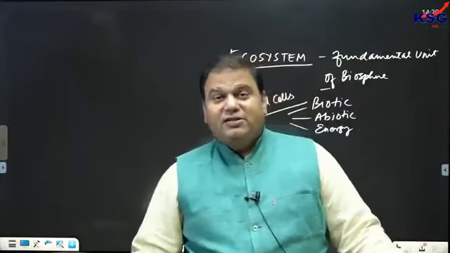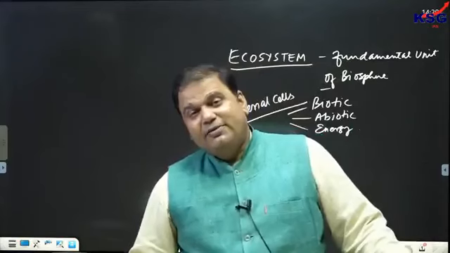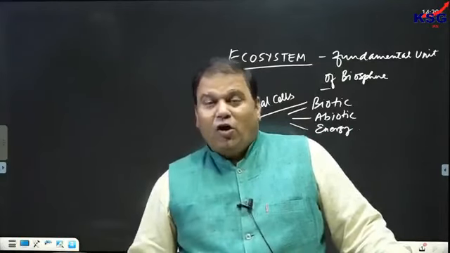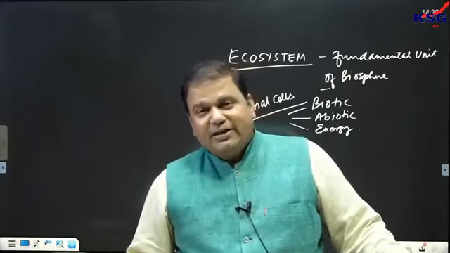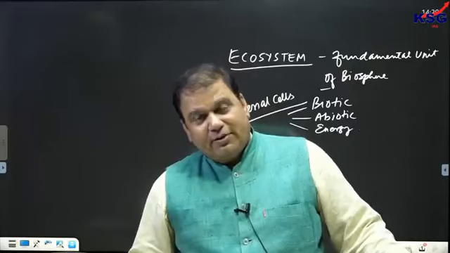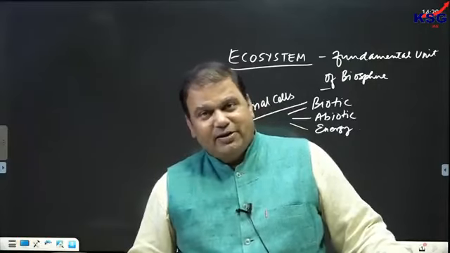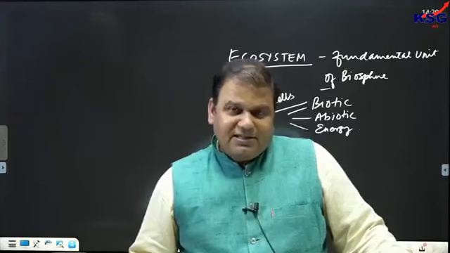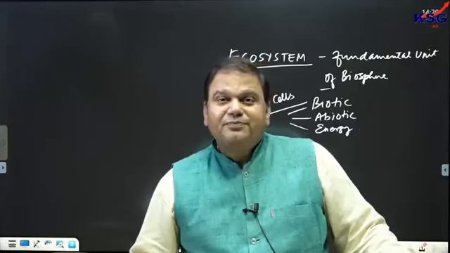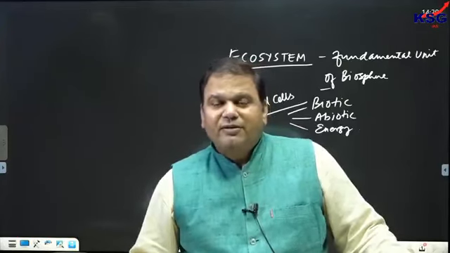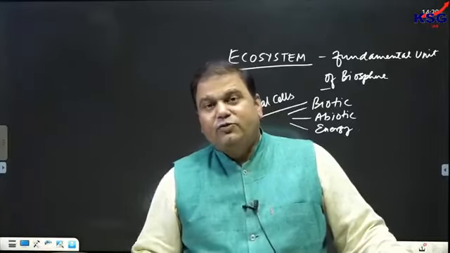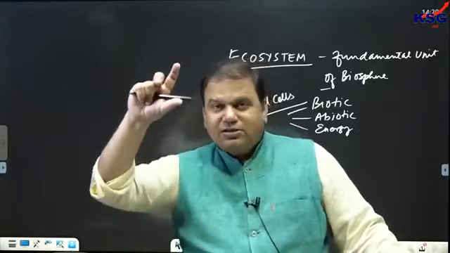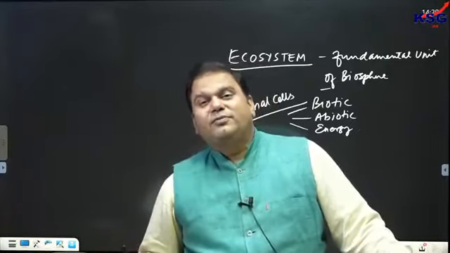And just now we have discussed that bacterial cells are maximum inside the human body. Although if we say the maximum number in the human body is that of nerve cells, inside the human body the maximum number is that of bacterial cells, like that constituted by bacterial cells inside the human body. Clear? So we are talking about a large ecosystem and a small ecosystem.